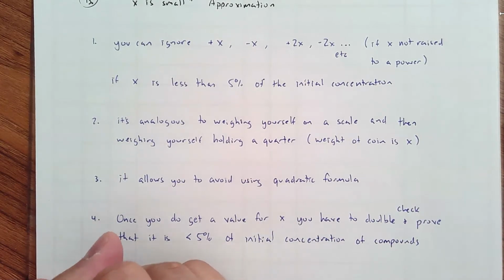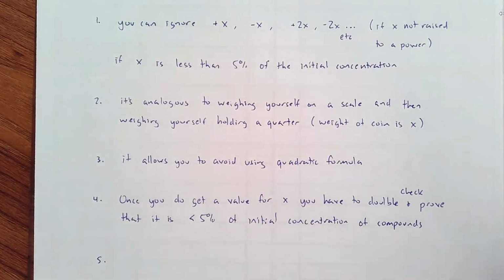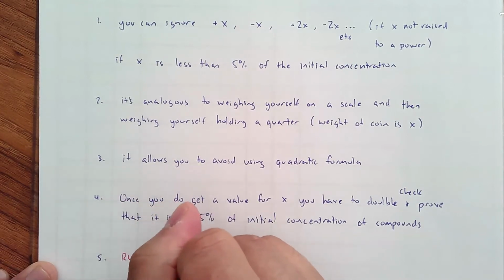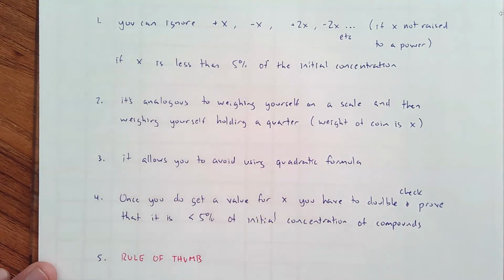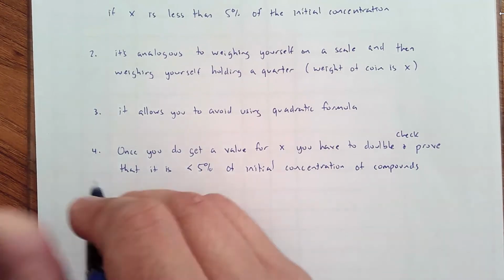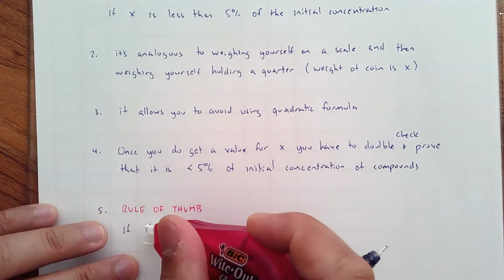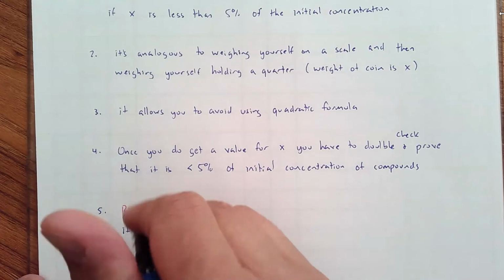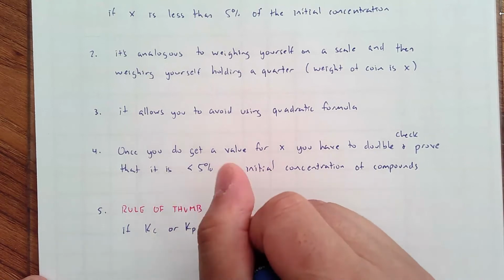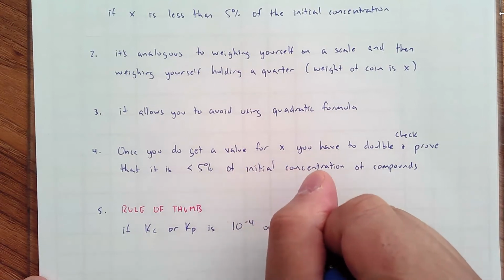And then number 5, I had one more. Oh, let me give you a rule of thumb. I don't want my students to be confused when or when not to use the x is small approximation. Rule of thumb. If Kc, I should just say Kc first. If the equilibrium constant Kc or Kp is 10 to the minus 4 or smaller,